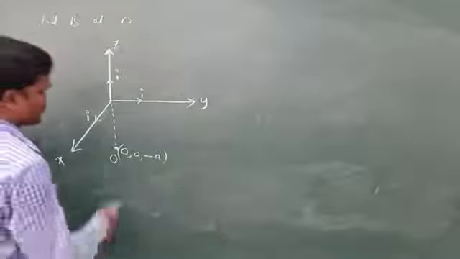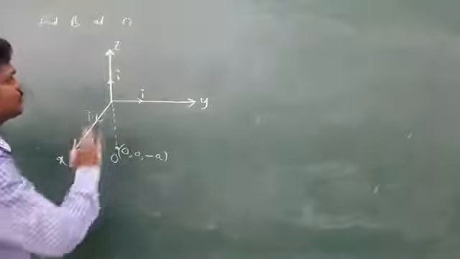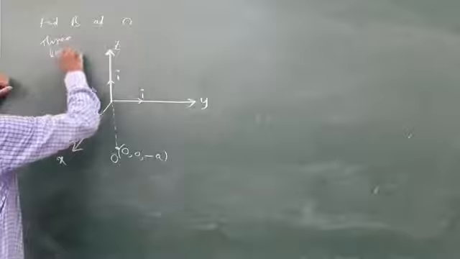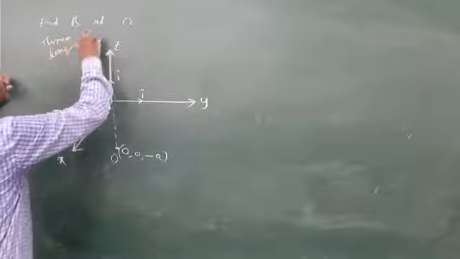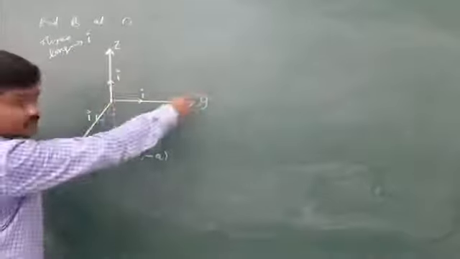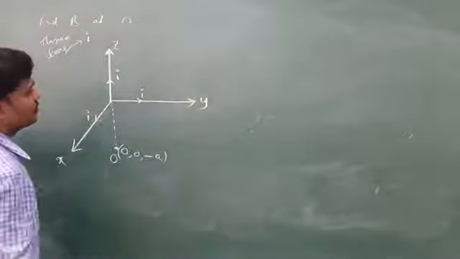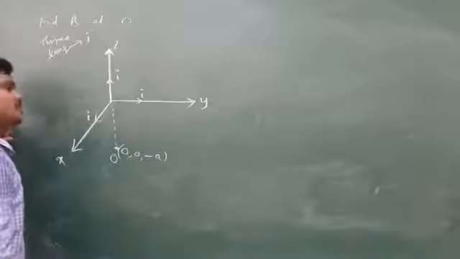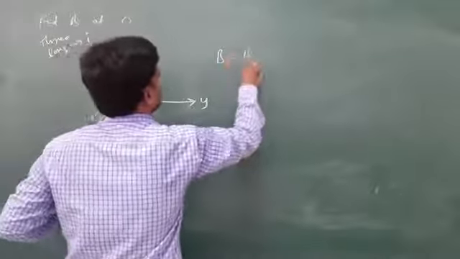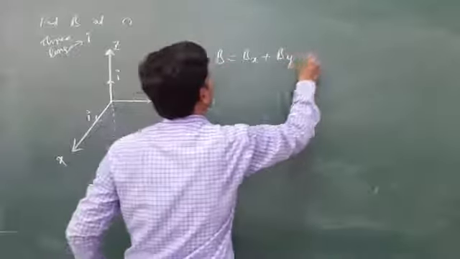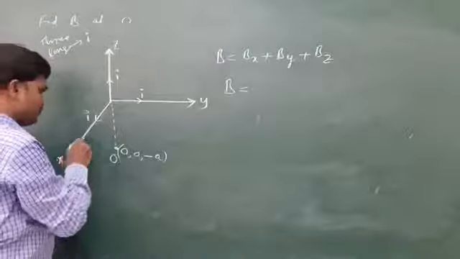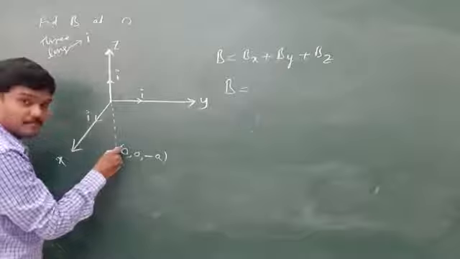Now to solve this type of question, I can say there are 3 long straight wires carrying current I. One is in this direction, one more is along the y-axis, one more is along the z-axis. Now let us get the field due to all of these. The field is B along the x-axis, possibly along the y-axis, and along the z-axis. Along the x-axis means due to this current at this point.